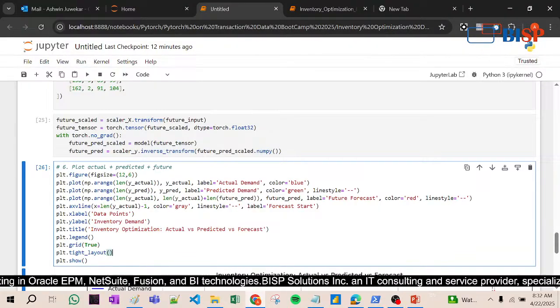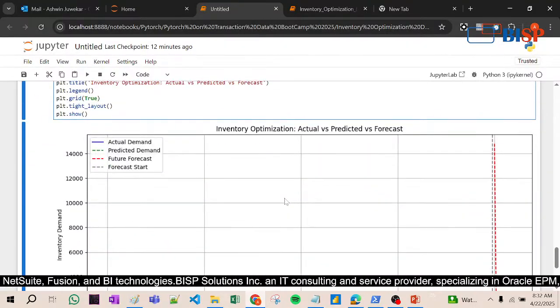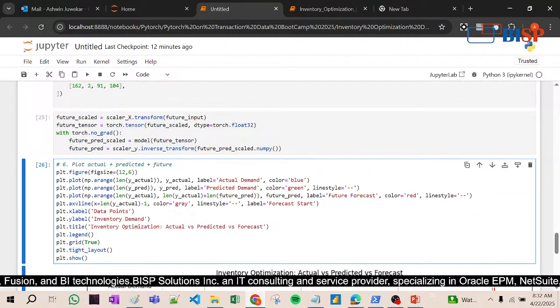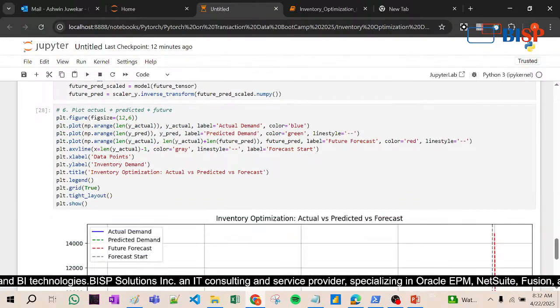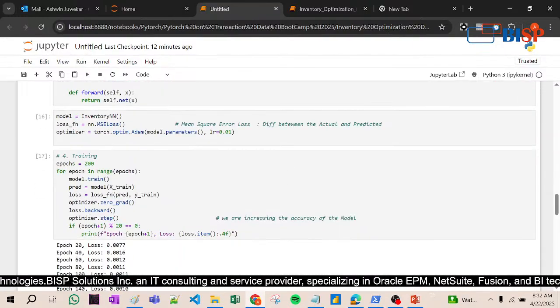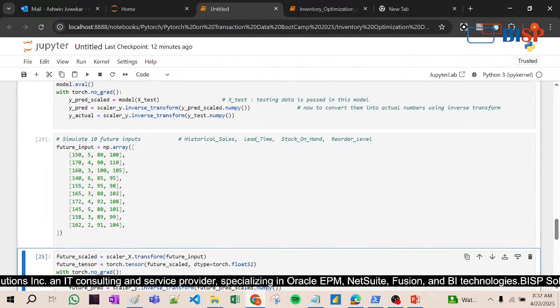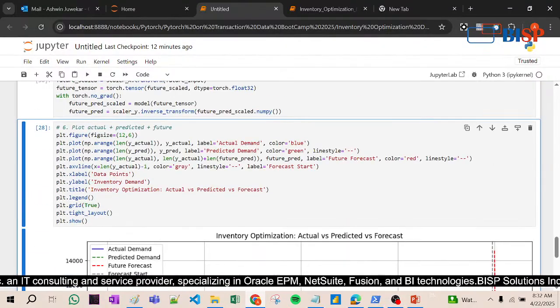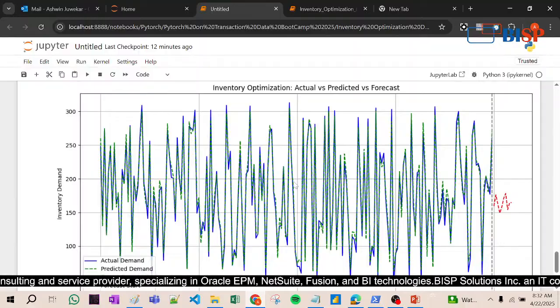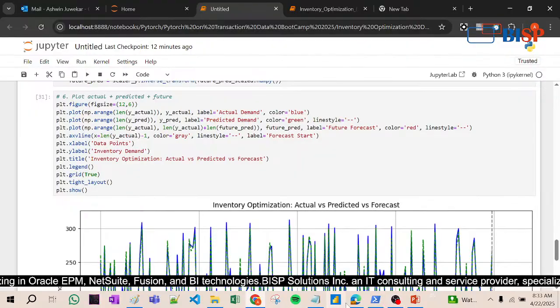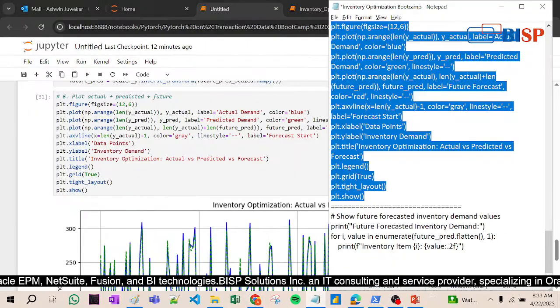Now you can see here we have plotted the data. Just a second, we have to run this from here. Then we do this and then we do this. Now see here: actual, predicted, future and forecast. All these data are overlapping each other. That means our model is accurately correct. Now what next? You will see here